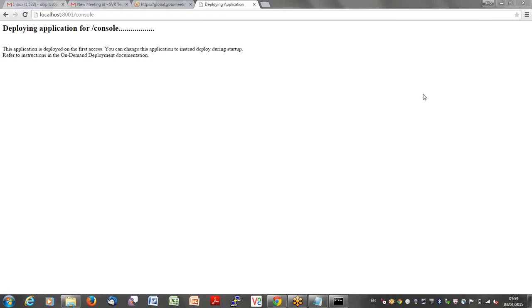Madhu's question would be: you have 8 GB RAM on your production server, can I run 16 JVMs? See, you have 8 GB RAM and you can run 16 JVMs with 500 MB each. You can run it, but 500 into 16 comes to 8 GB. So what will you give for the other system processes? You are eating up your complete RAM for WebLogic only. What about the other operating system requirements? There will be a lot of requirements, right?